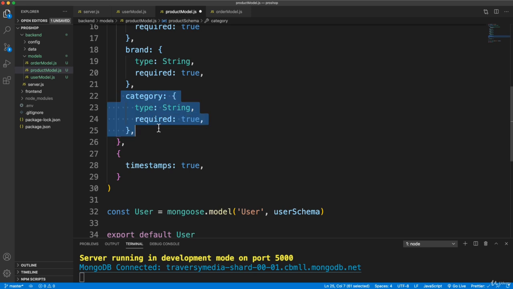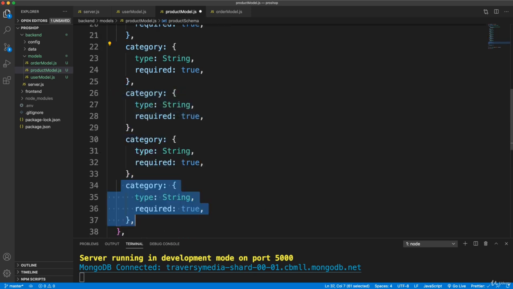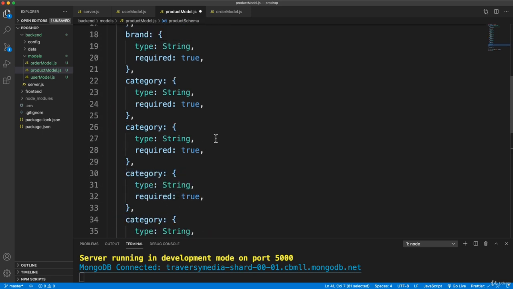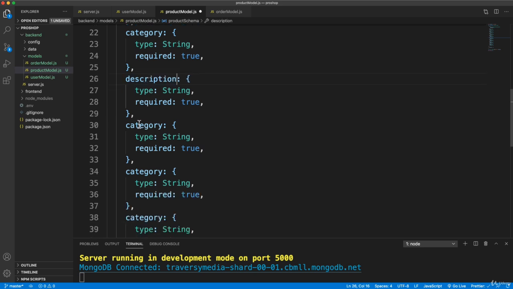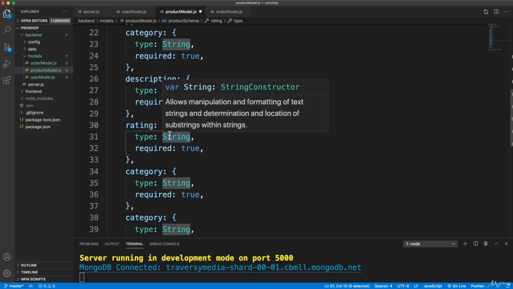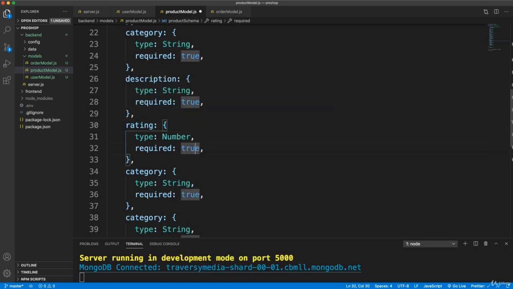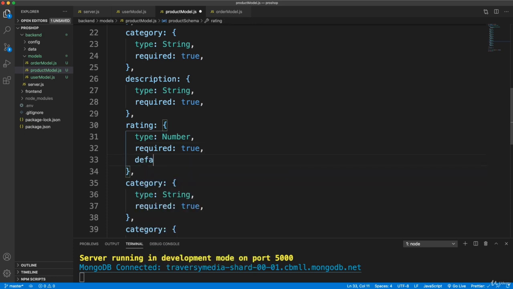Okay, and then I'm just going to copy this down. So after category, let's have the description of the product. Okay, so description. We're going to have a rating. This is going to be basically the average rating of all the ratings that are in the reviews. And we're going to have a separate review schema, which I'm going to show you in a second. But this will be basically the average rating. It's going to be a number. It's going to be required. And it's going to have a default value